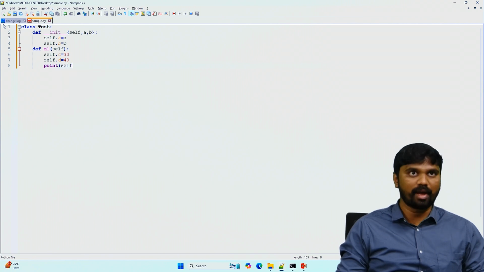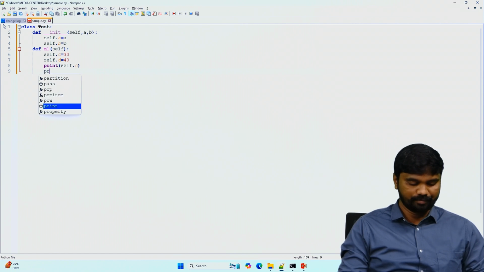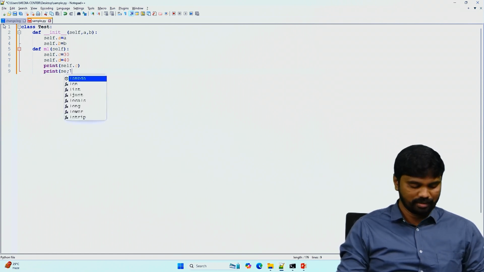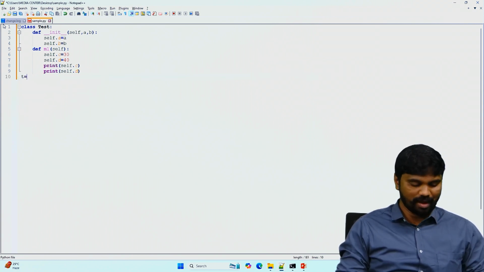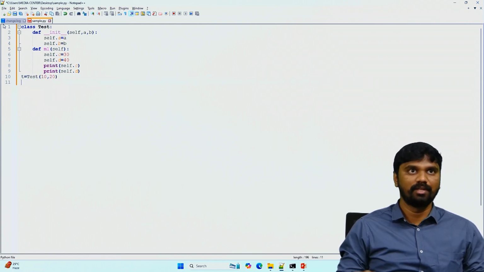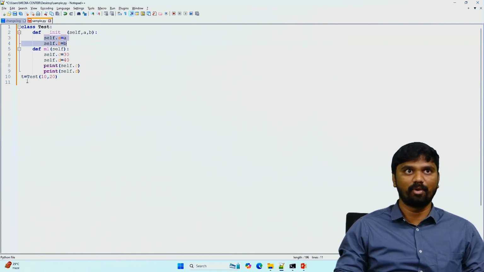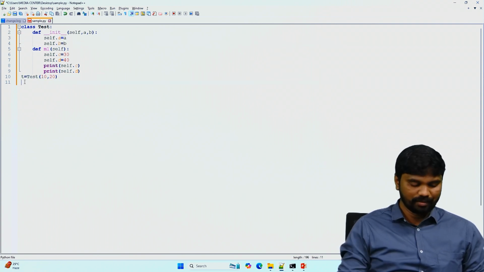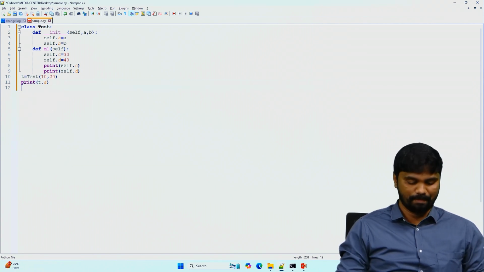Now I'm going to access these instance variables within the class. If you are going to access the instance variables within the class, you can use the self keyword. By using the self keyword, I am accessing those instance variables. If you want to access the instance variables from outside of the class, then we have to use the object reference variable, right? So t.a,